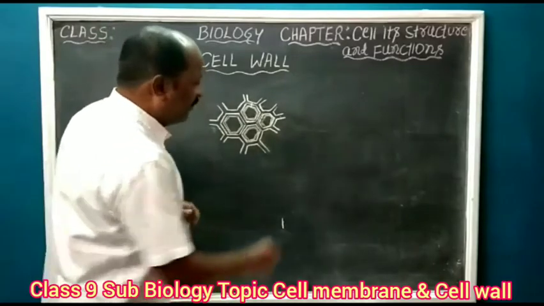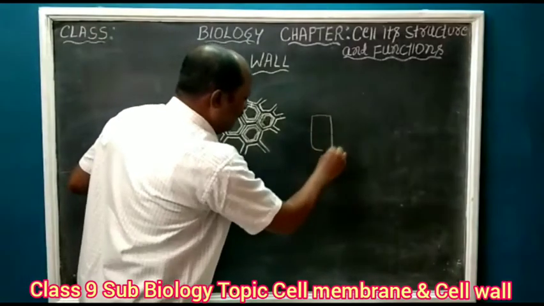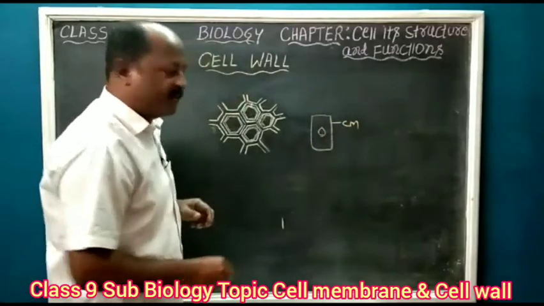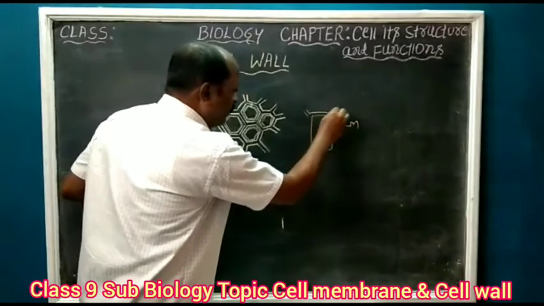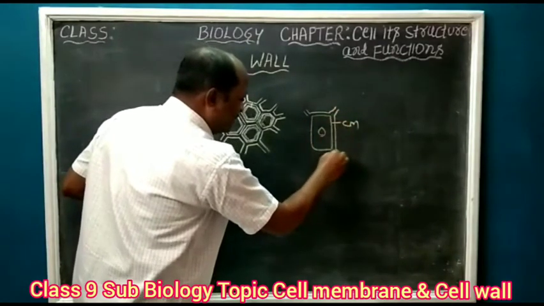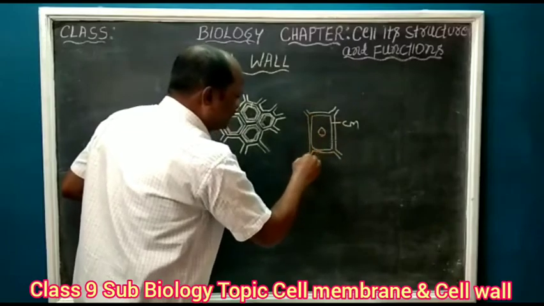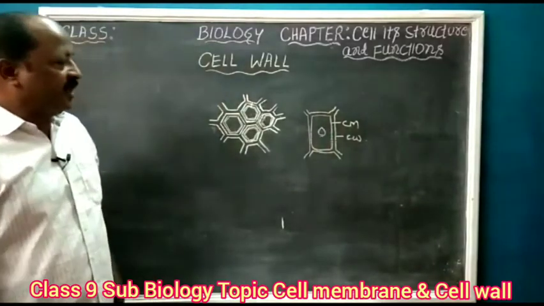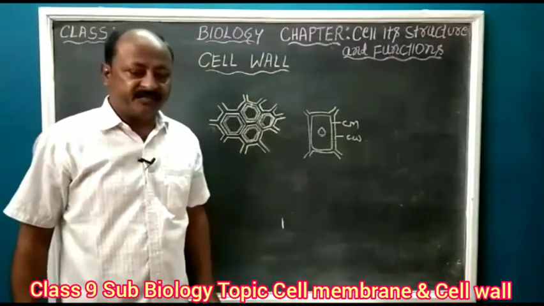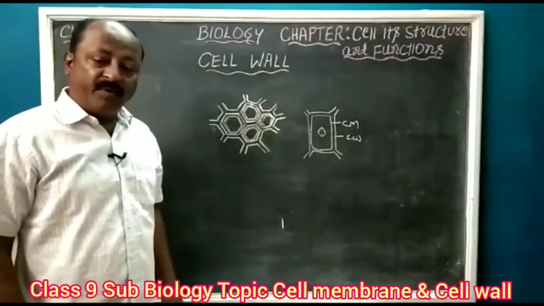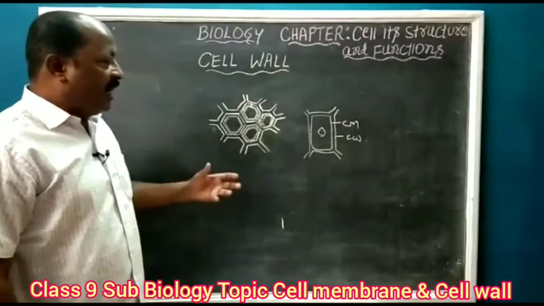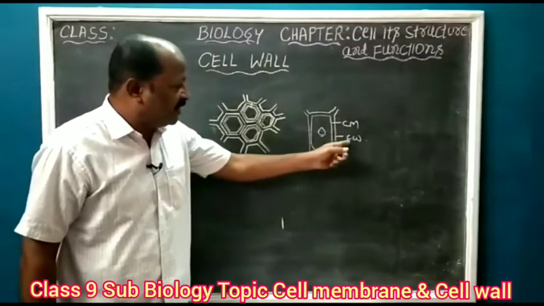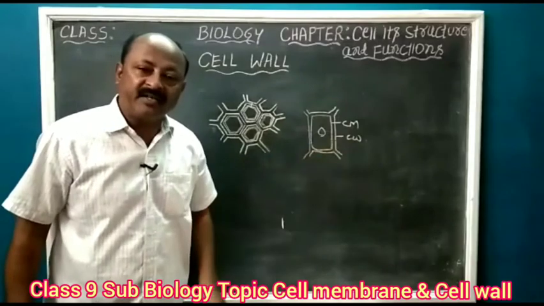When you draw the diagram of a cell, you can clearly see, imagine this is the cell. So, this is going to be the cell membrane, outer covering. Above this we have got one more layer in the plant cells, that is the cell wall. Cell wall is seen in plant cells and also it is found in the bacterial cells. Cell wall is made up of cellulose mainly, and the major difference between the plant and the animal cells is the presence of the cell wall in the case of the plant cells.